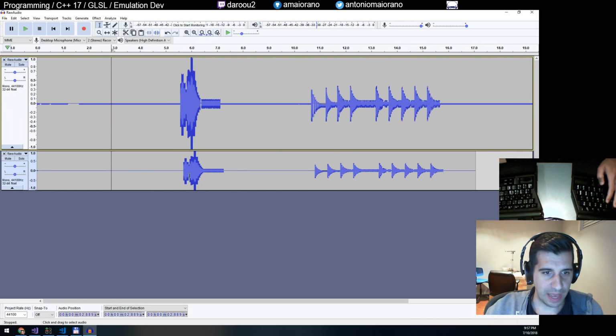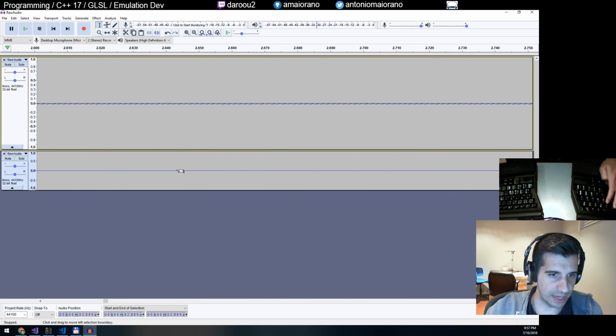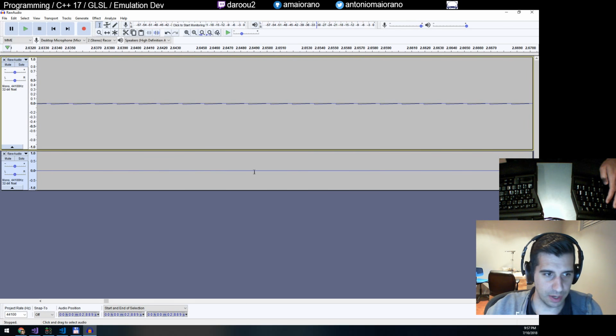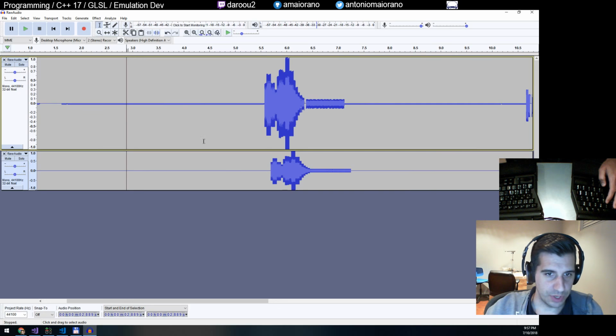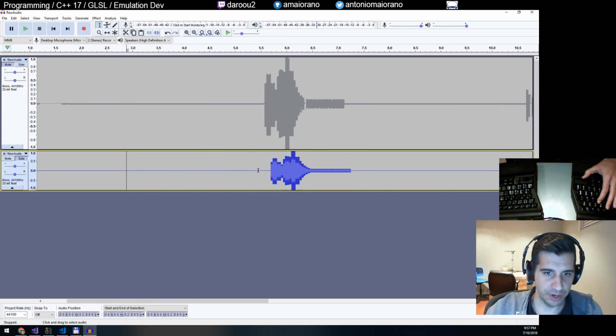So now we have this signal here, and you can see that it's completely clean. It's nicely centered around 0 here. There's no noise. So if we solo here, as opposed to